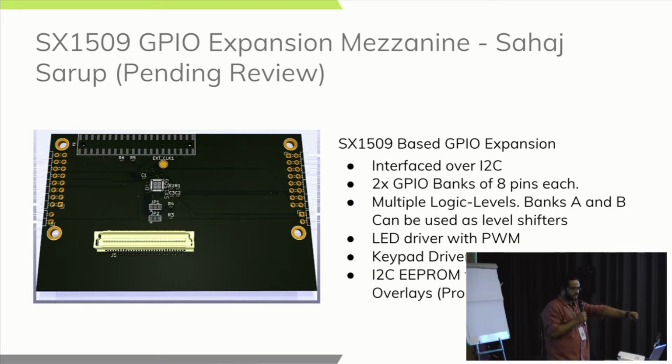It has two banks of 8 pins each, so 16 pin GPIO. They can be of multiple logic levels independent of what the host is, so 1.8 volts can be stepped up to 5 volts. That's fine. It has an inbuilt LED driver, but most importantly, I'm also going to add the I2C EEPROM just to have